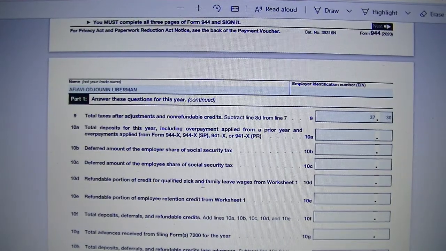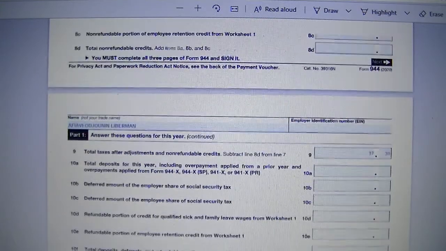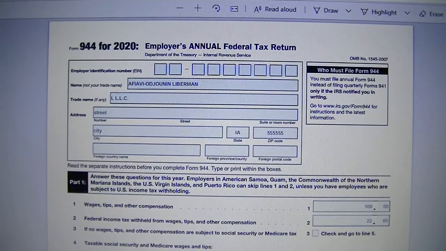Good morning. Form 944 for 2020, Employer's Annual Federal Tax Return. Part 1,